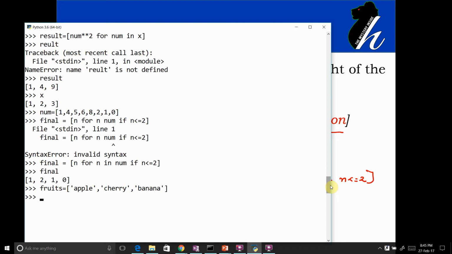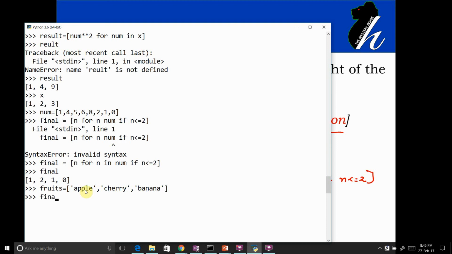Now what I wanted is to select the fruits that contain the a character in the spelling, and convert it into capital letters. If you wanted to perform the same program in any other programming language, then definitely it is going to take 10 to 12 lines of code. In Python, it is simply going to achieve the task in a single line.